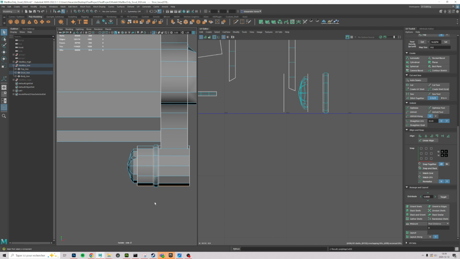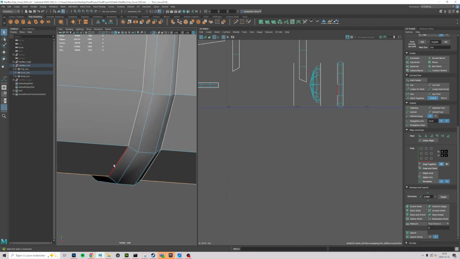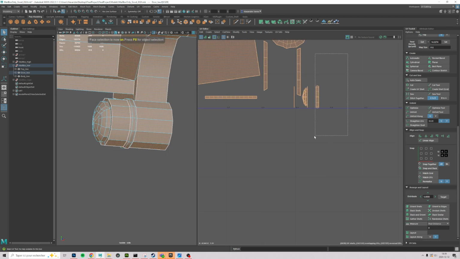So I select the bottom ones here and I break, so I cut, select this, shift and to here, Control B again, so this unfold. Perfect. Here, straighten,